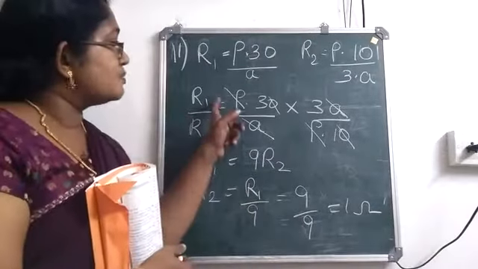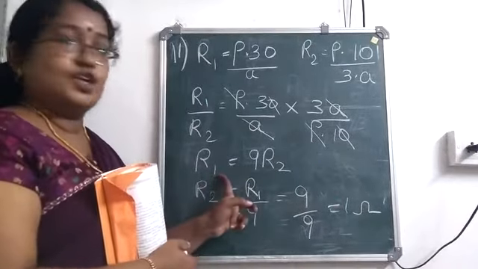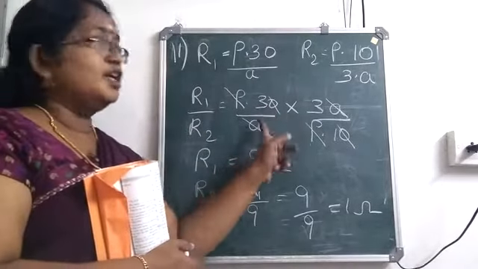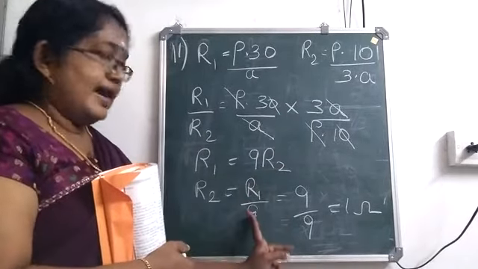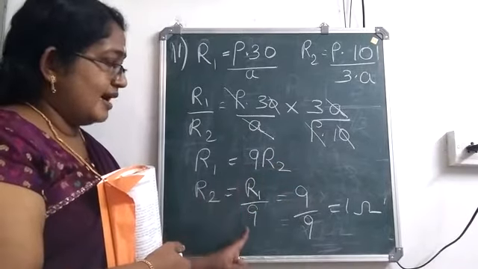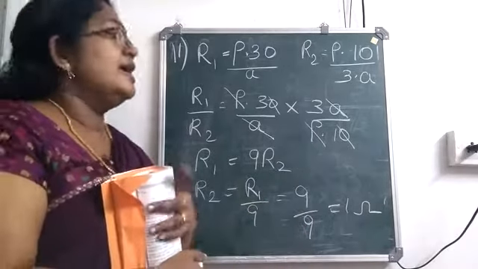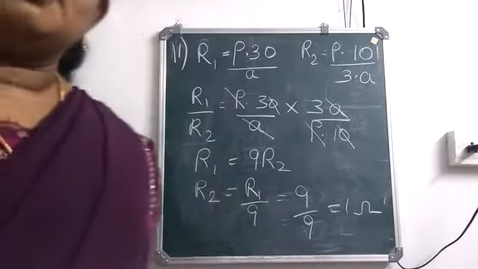So I just cross multiplied. In the denominator it is 1. So R1 into 1 is equal to R1. R2 into 3 into 3 is 9. So 9 R2. So in terms of R2 it is R1 by 9. Value of R1 is given as 9 in the question. 9 by 9 is equal to 1 ohm.